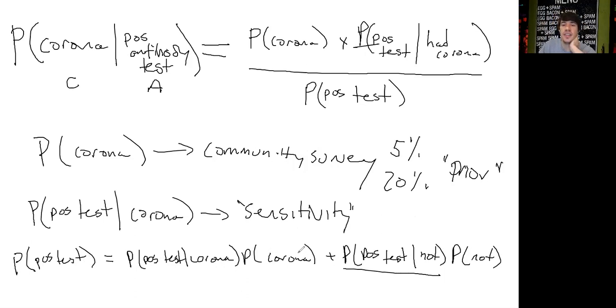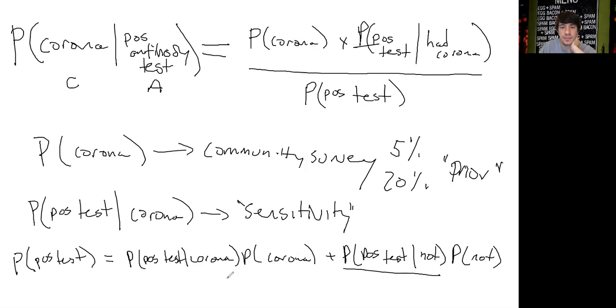The idea being that either you had it or you didn't, and if we know the probability of each of those, we can multiply the probability of a positive test given corona by the probability of corona, and the probability of a positive test given not by the probability of not, and get that. Okay, and so this is the same term that was in the numerator here. So we're saying we're going to divide this by itself